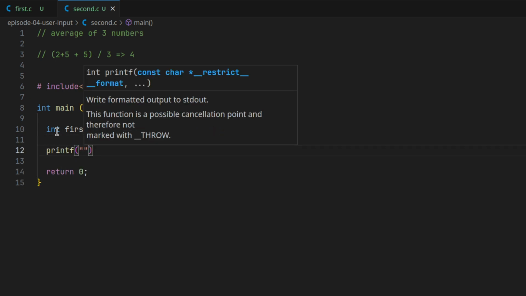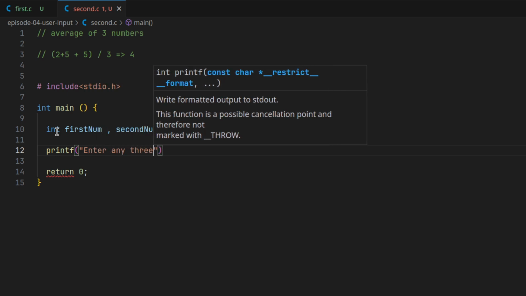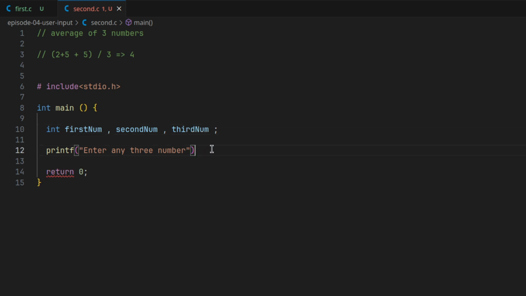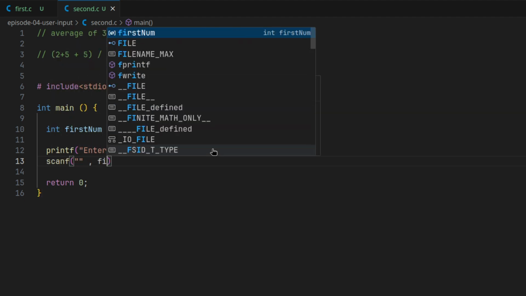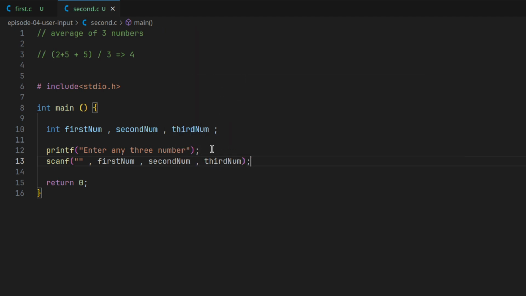Printf on the screen: enter any three numbers. So the user gives the input in the scanf function: first num, second num, third num. First num is also an integer, so we put %d as the format specifier. We use the scanf function, so we must use the ampersand for referencing the address in memory